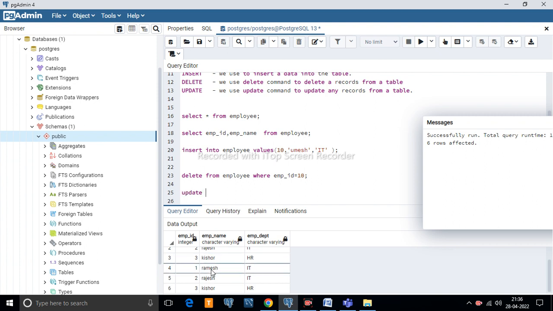Suppose you want to update this employee. Here you can see the 6th row, the employee id is 3, the employee name is Kishore and the employee department is HR. Suppose you want to update the employee department of an employee named Kishore. If you want to update it from HR to IT, then how can we do it? So we will see. So update